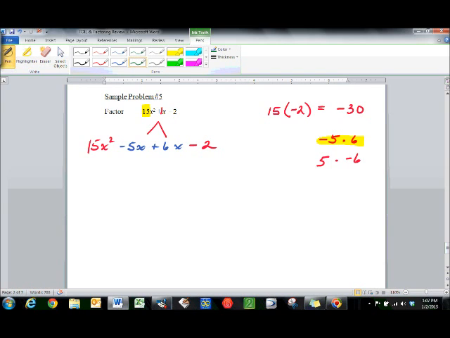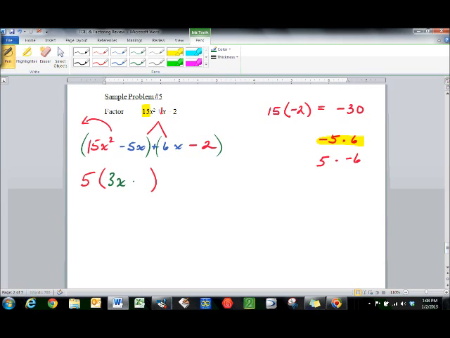In doing this, I've created 4 terms, and this gives me the opportunity to do the grouping process. So 15x squared minus 5x, I can group that off. I can take the positive 6x and the negative 2, and group that off. As I look at each of these individually, I can see that I can take a positive 5 out of this first one, so when I factor out the common monomial 5, I'm going to be left with